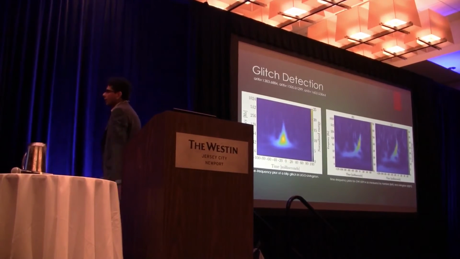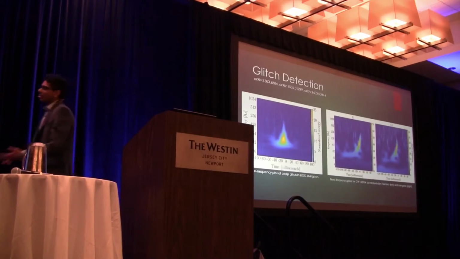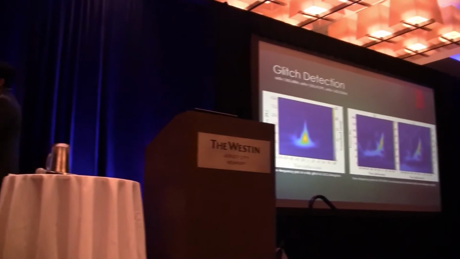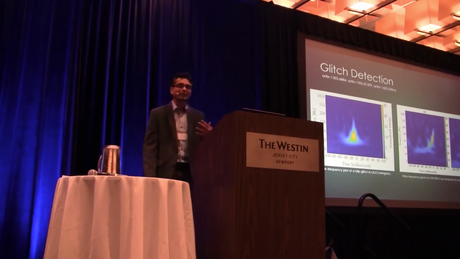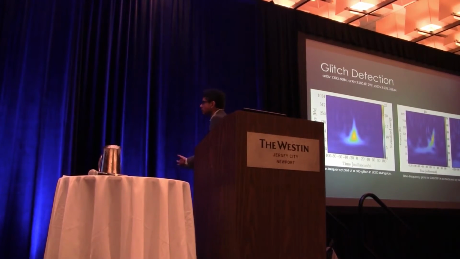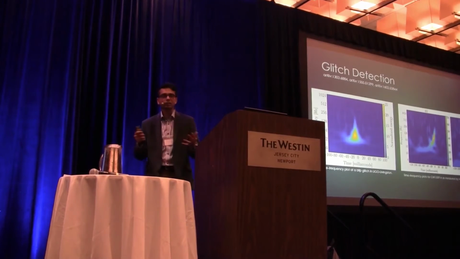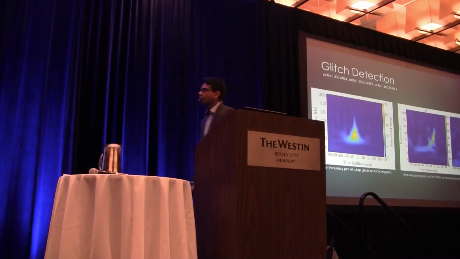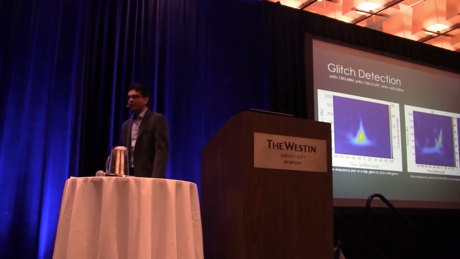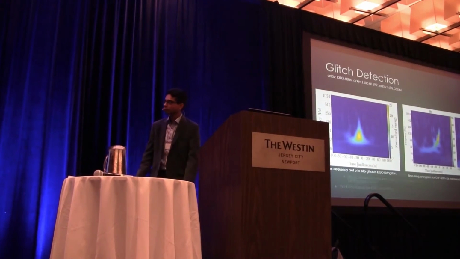So by training machine learning algorithms for glitch detection, I think we can make a lot of progress. And that will be extremely important once the sensitivity of LIGO is increased such that it's going to detect low mass systems. If it's trying to detect mergers of binary neutron stars, which is going to produce signals which are not going to be as strong as the one that I've just shown you.